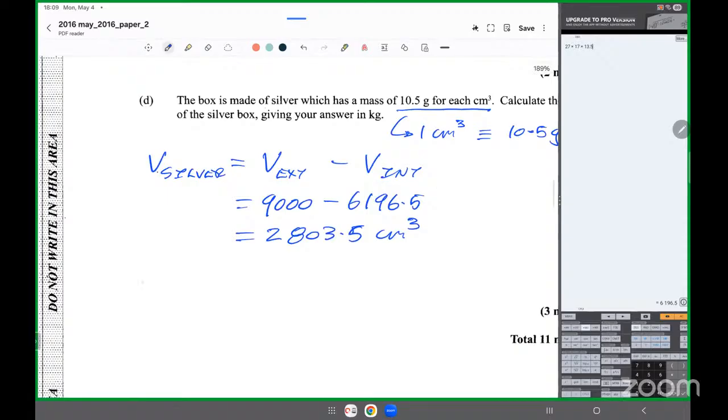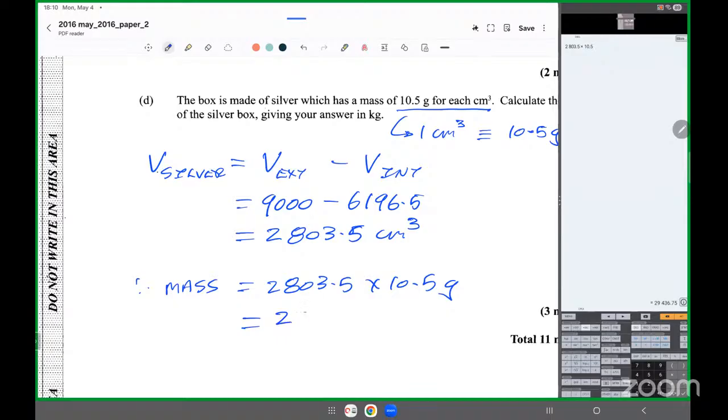So what I said, therefore, the mass equals 2803.5 times the 10.5 grams. See that? And I wrote that out. So I multiply this now by 10.5. So it's 2803.5 times 10.5. So I'm getting 29,436.75